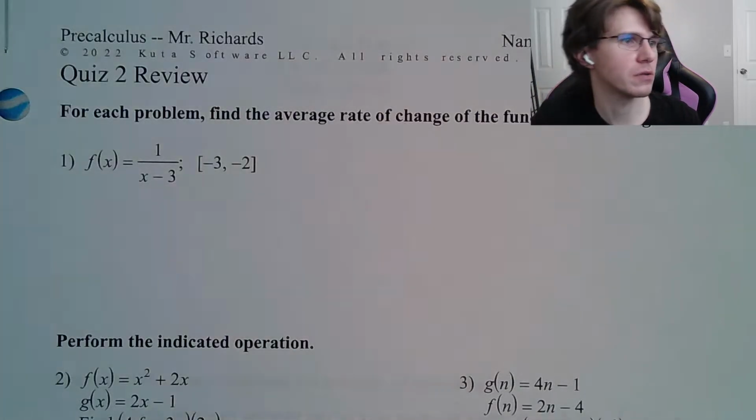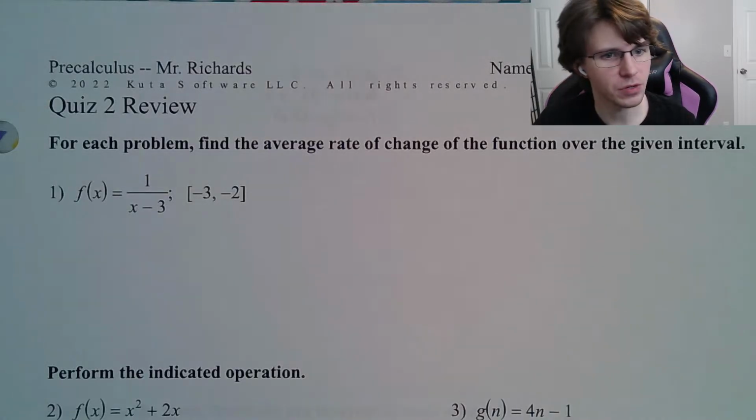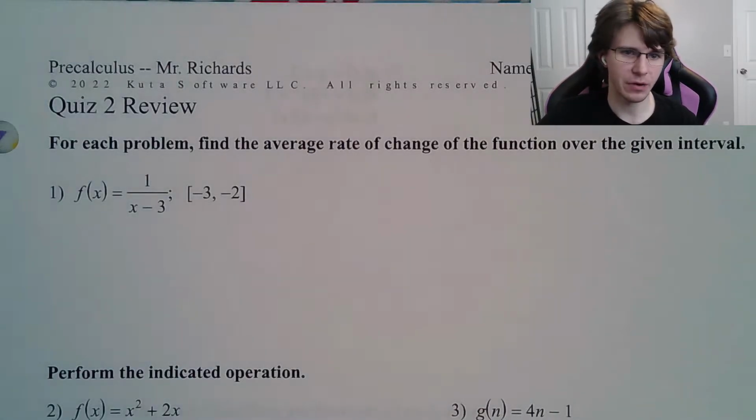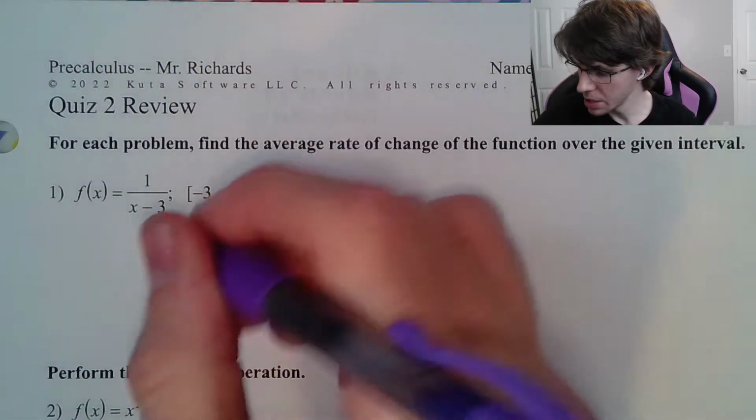Alrighty guys, let's get going on this quiz 2 review. So for each problem, find the average rate of change. This is the stuff we've been doing for quite a while now. You can use a calculator or not. It doesn't really matter which way you do it. For this one, I'm going to choose not to use a calculator because I don't have one directly in front